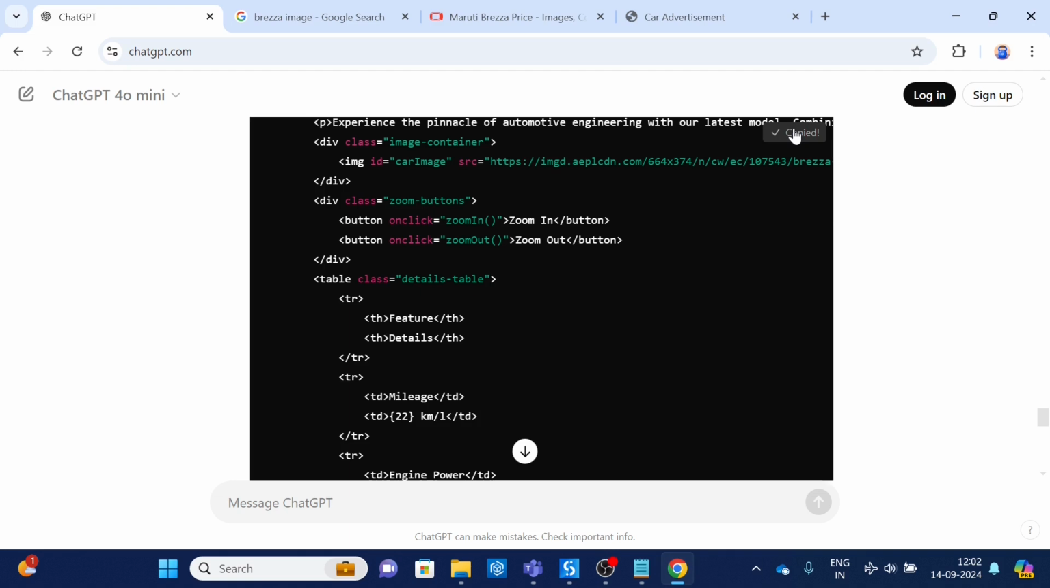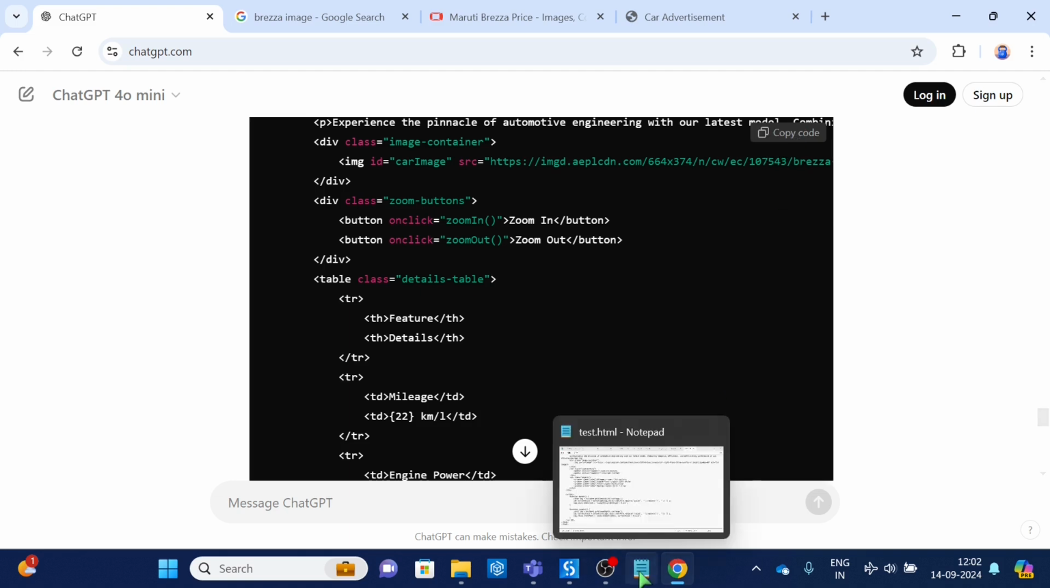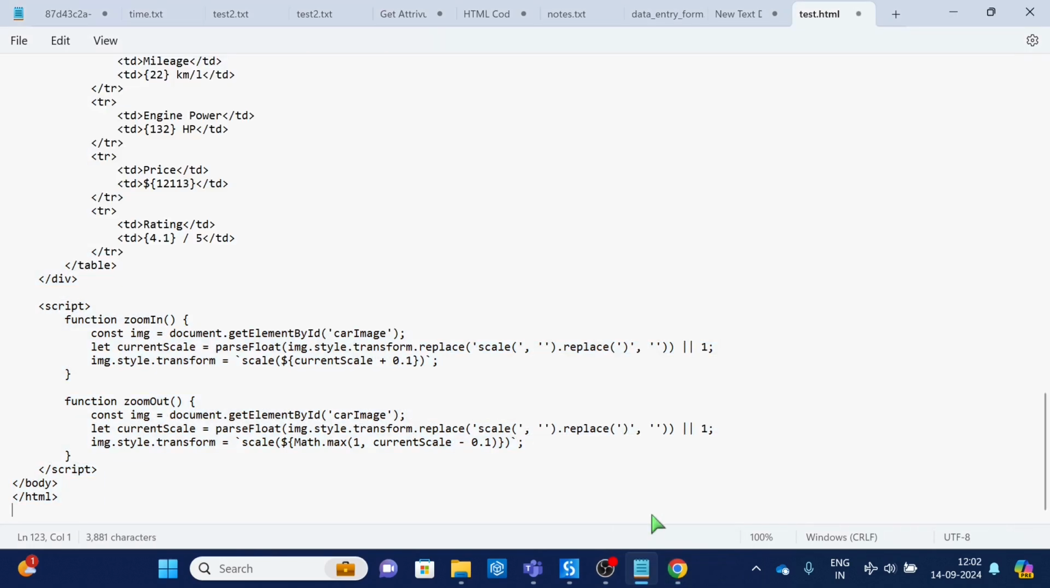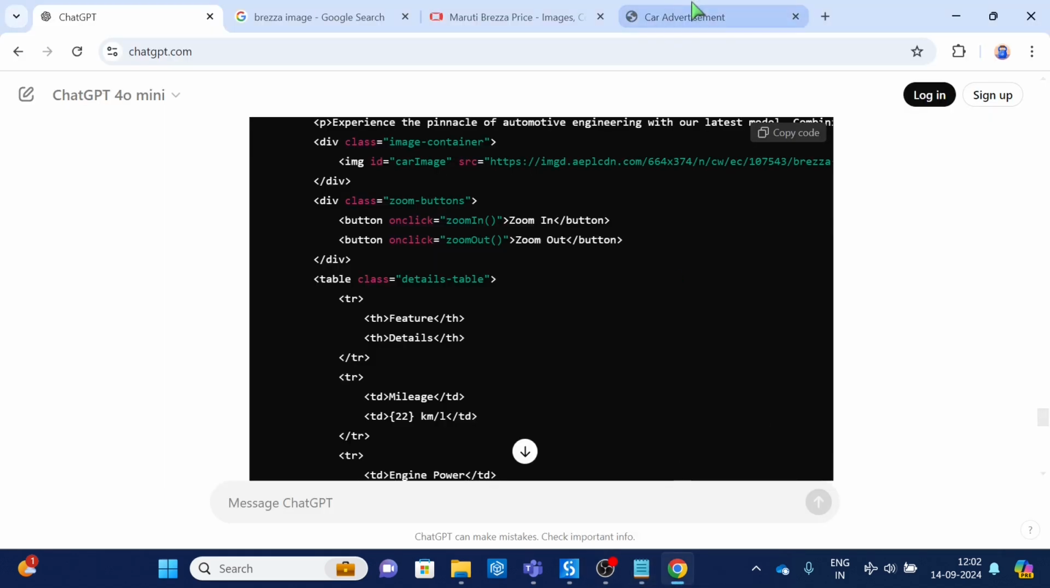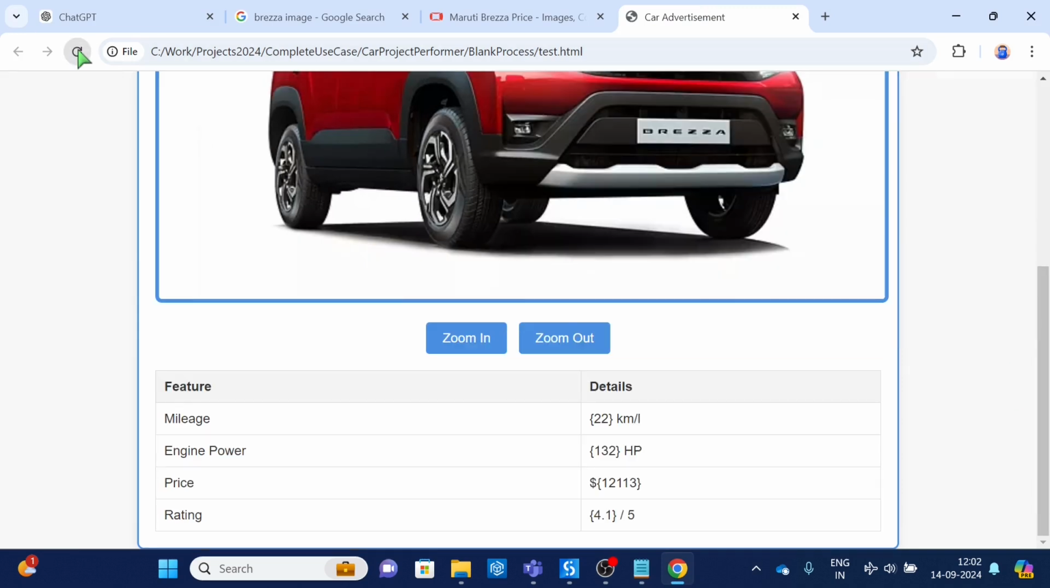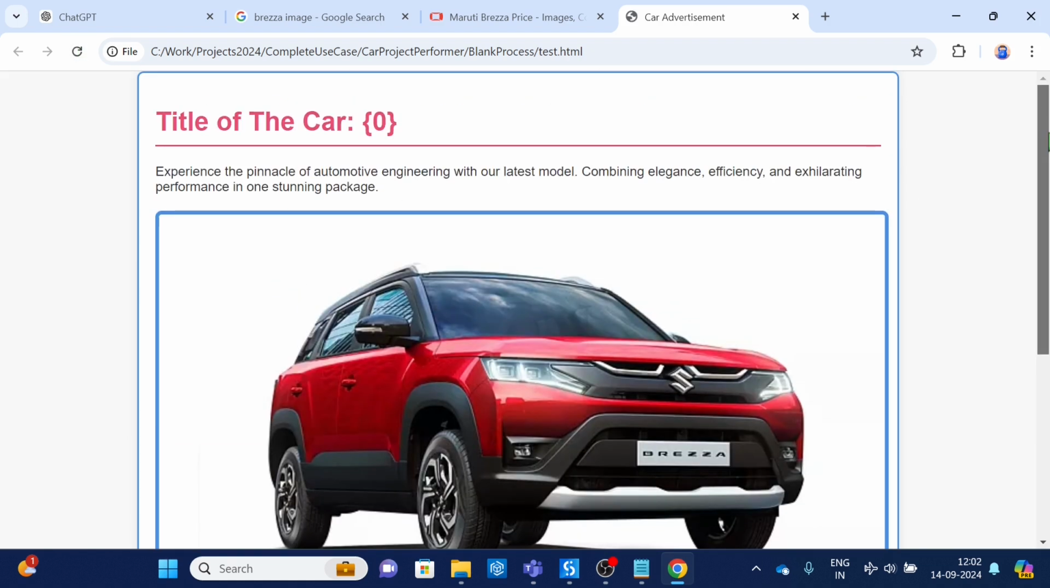Okay, and now let's go to this page, paste, save, go to the car advertisement and just refresh. It is looking better now. What we will do is we will finally use this as a template,